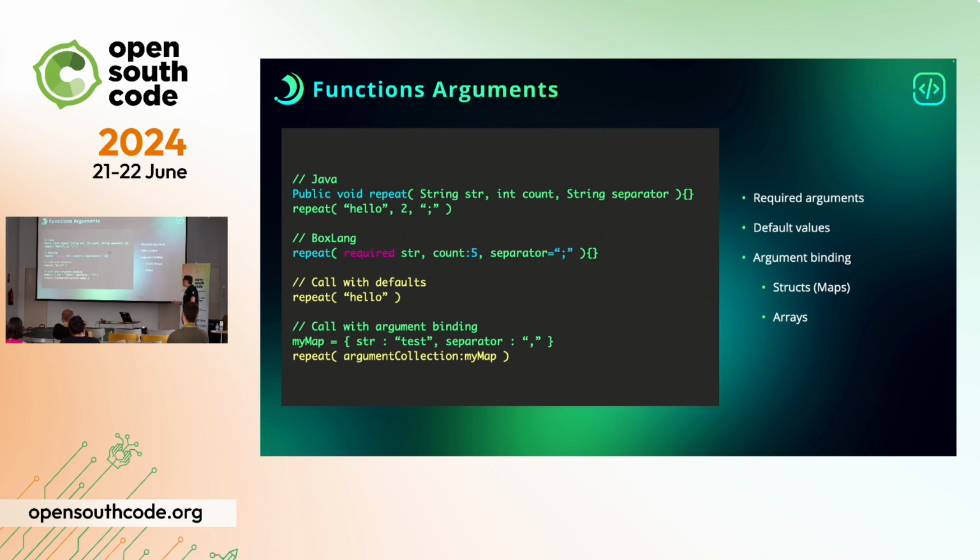And you can actually call a method with a special argument called argument collection. And if you say argument collection, then you tell it which map or which collection holds all your arguments, and we'll pass them through, and we'll try to bind them one by one, either by position or by name, okay? So the binding can work on any collection. That means it can be a struct or it can be an array. So it gives you those advanced capabilities that you can't do in Java.